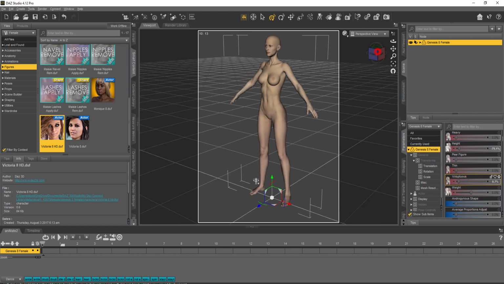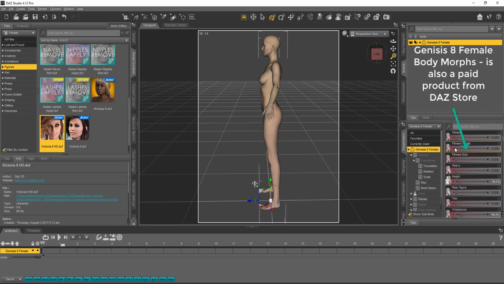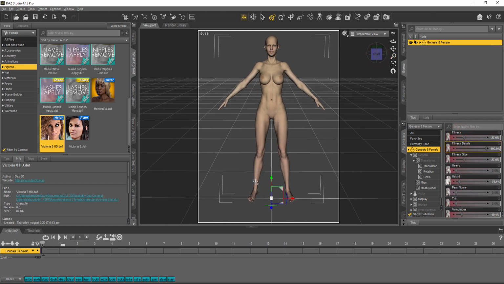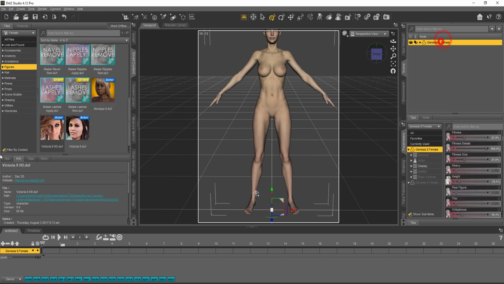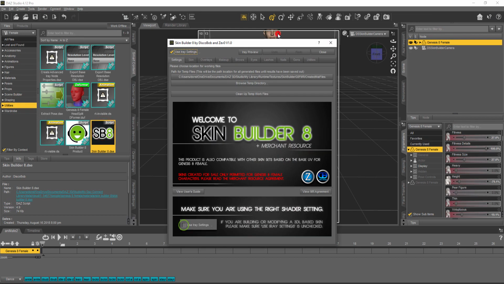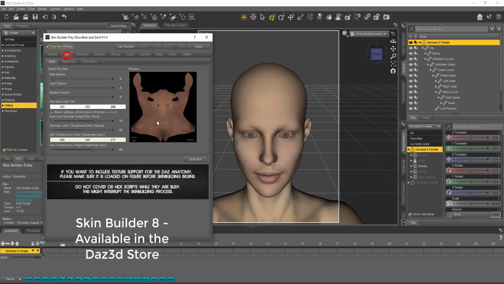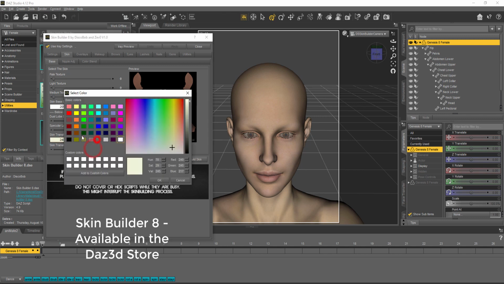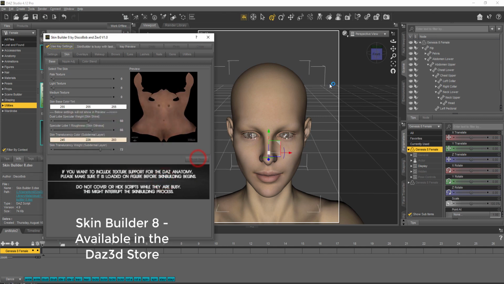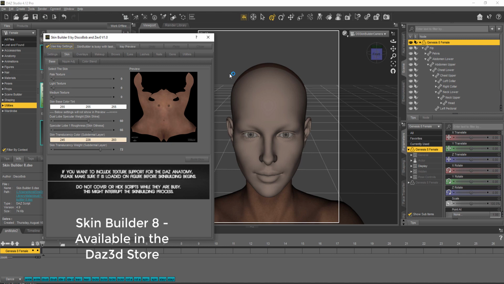has some morphs that I use to create her height, make her look a little bit more rounded, muscular, whatever you want your character or model, in this case because it's fashion, to look like. So guys, bear with me as I try to blur out some of the nudity. But Skin Builder 8 is a program that I use also to just create variations on the model with makeup, skin color, shapes of eyebrows, nails, you name it. It's got a section that will, when you're using an HD character, it will morph all of these things to